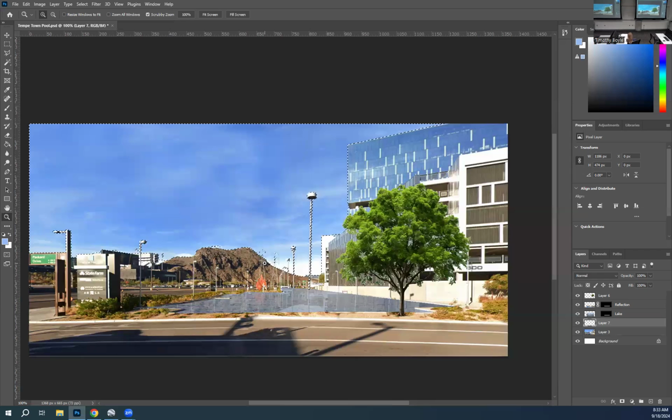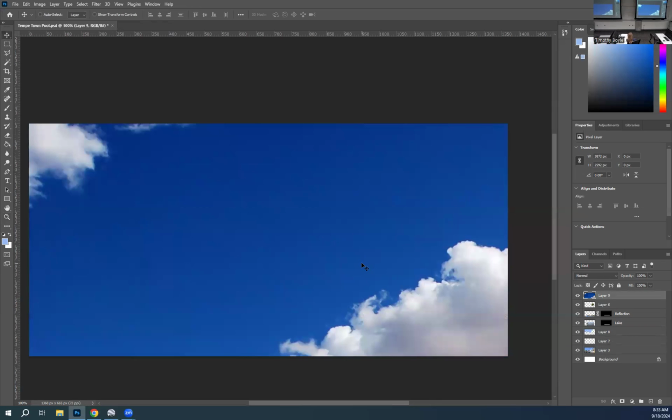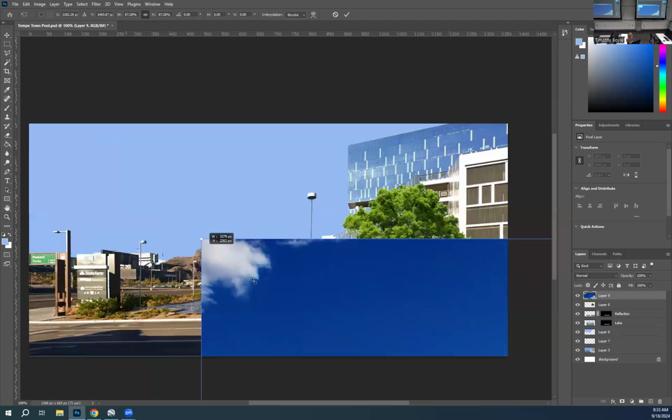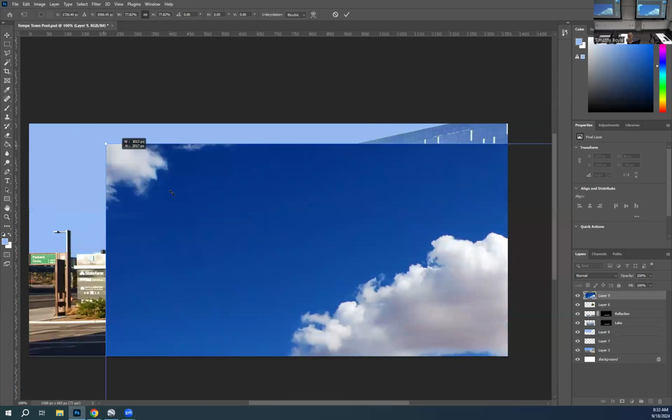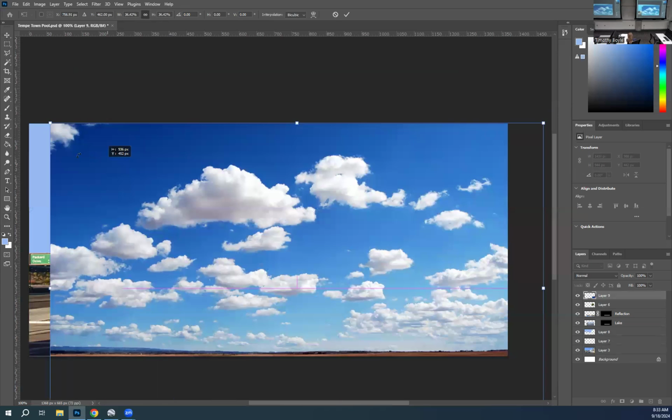Okay, it's going to paste in there, but I need to save this area that I've already done work on first. So I'm just going to create a new layer and just fill it with any color right here. So now I can always go back to that layer and grab that piece, and I'm going to deselect it. Now I'm going to paste in this sky. It's going to be way bigger. So I'm just going to shrink it down, pull it over, shrink it down, trying to get it to fit